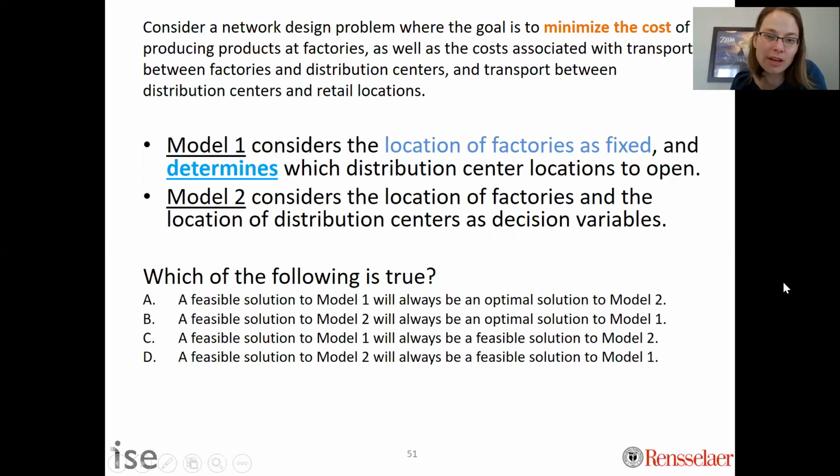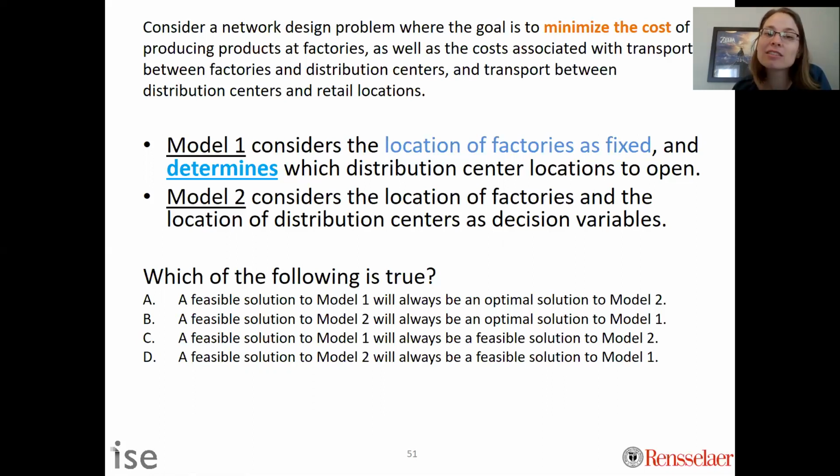All right, so here's another test your knowledge about this optimization problem. Consider a network design problem where the goal, again, is to minimize the cost of producing products at factories, as well as the cost associated with transport between factories and distribution centers and transport between distribution centers and retail locations. Model 1 considers the location of factories as fixed, so we don't get to determine them, they're